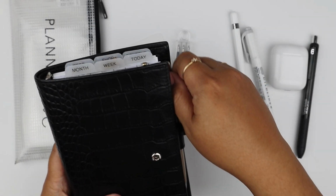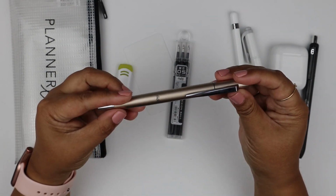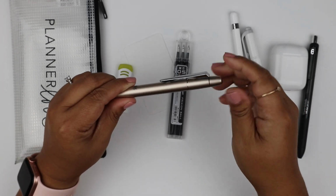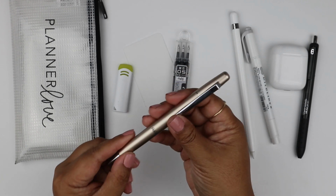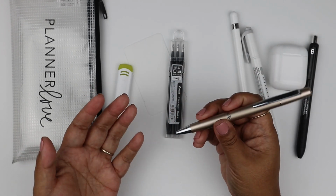that's in my planner, and I talked about this before, but this pen is the friction erasable pen. So there's the eraser there. I love it. It's in gold. I forget how much this costs, but I'll link anything I can find, I'll link it down below. But these refills are for this pen, so if I'm out and about and I run out of ink, then